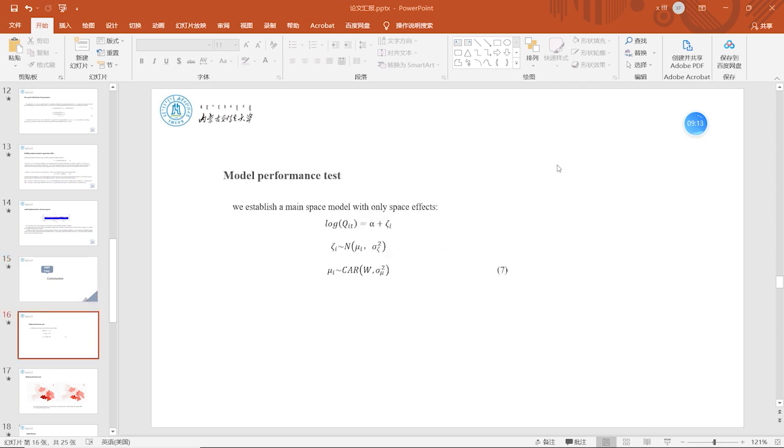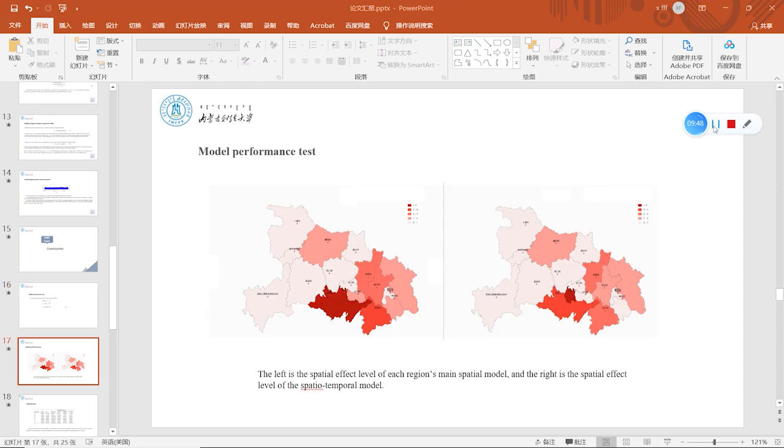In order to test whether the Bayesian space-time hierarchical model is overfitted and deviates from the actual results, we establish a Bayesian main space hierarchical model. The space effect calculated by the main space model is compared with the space effect calculated by the space-time model. As in formula 9, by calculating the posterior probability zeta i of the main space model and comparing the value of zeta i with that of the space-time model, the result shows that the